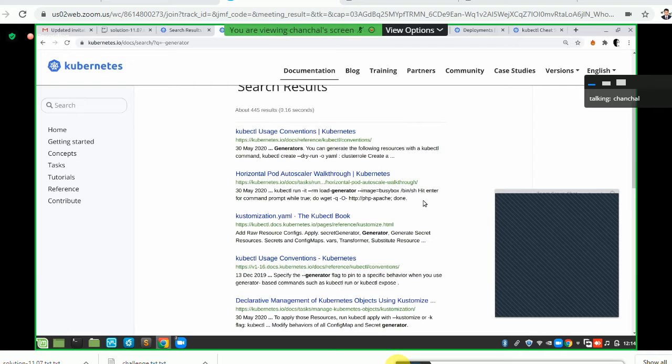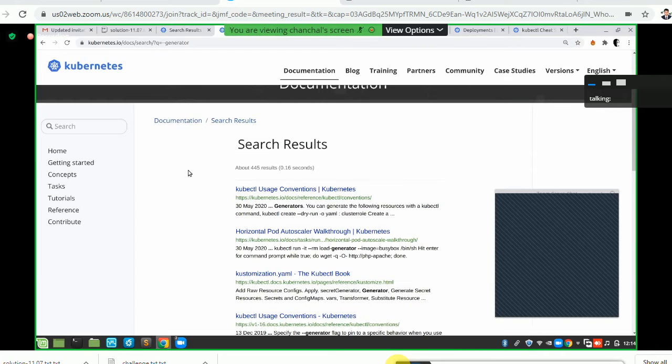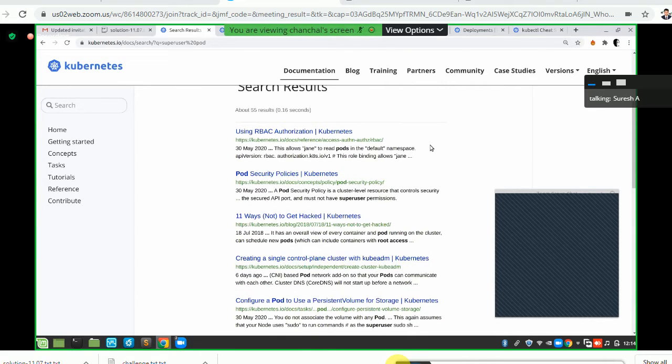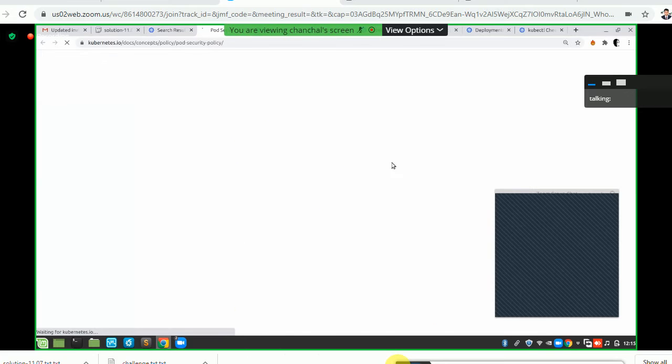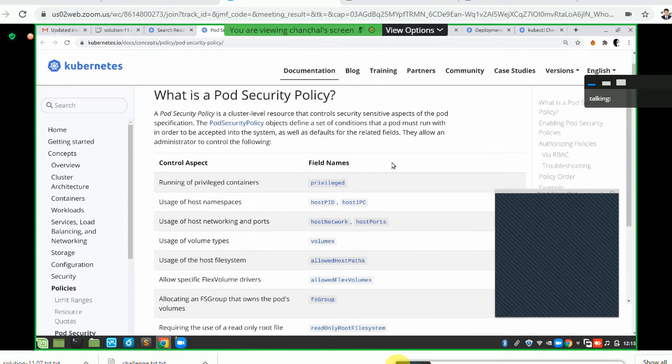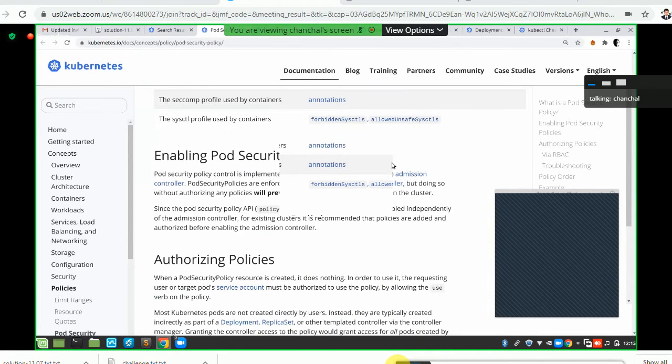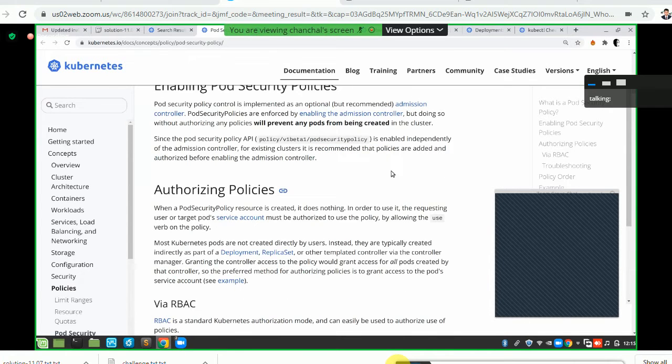But I wanted to show you the related documentation. There is something called super user somewhere in one of your links. Yeah, you see that there is something called, so maybe that will lead to that. Pod security policy. We are going to cover pod security policy later on. Anyway, pod security policy itself is part of this. No, you can use security context. Yes, SCC we are going to cover later on.